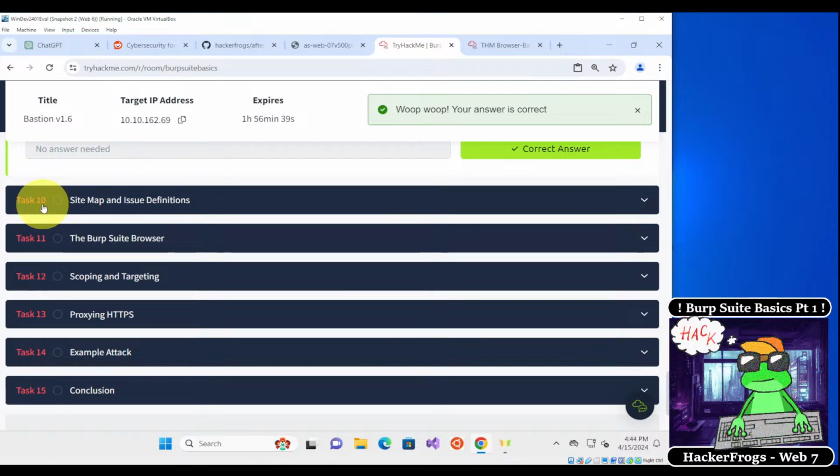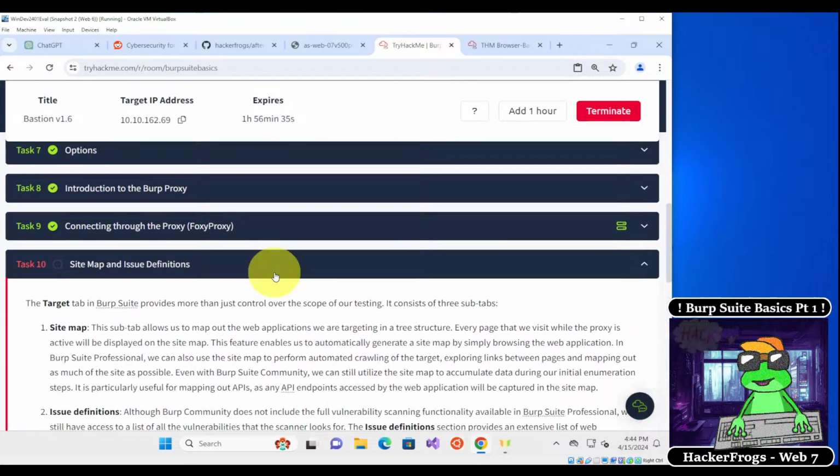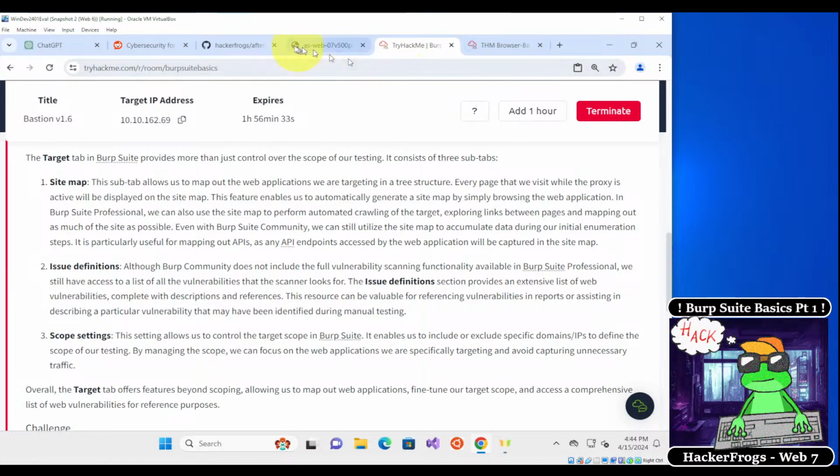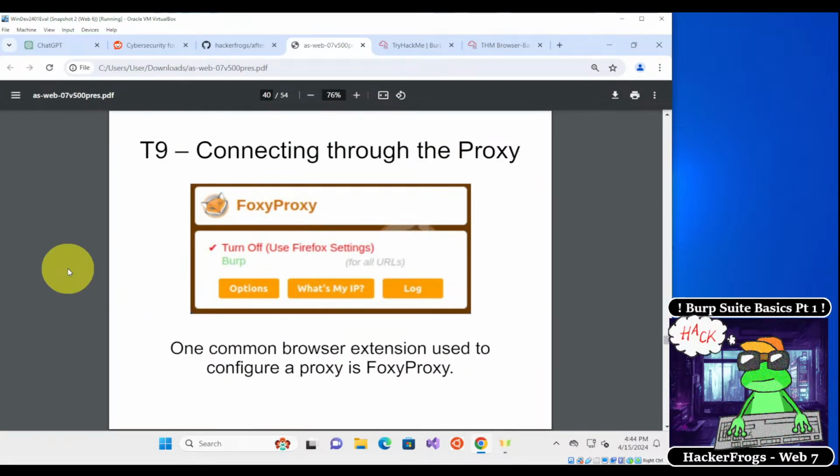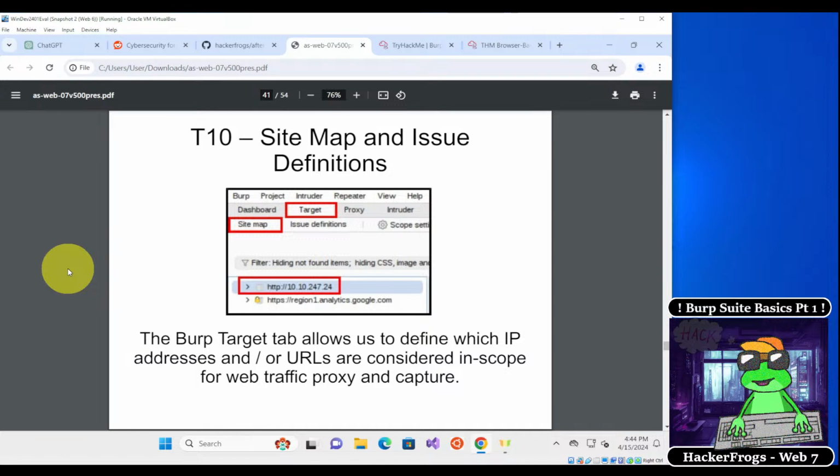And the next section is Task 10, Sitemap and Issue Definitions. Okay, so let's go to the presentation over here. The Burp Target tab allows us to define which IP addresses and/or URLs are considered in scope for web traffic proxy and capture. So if you don't set